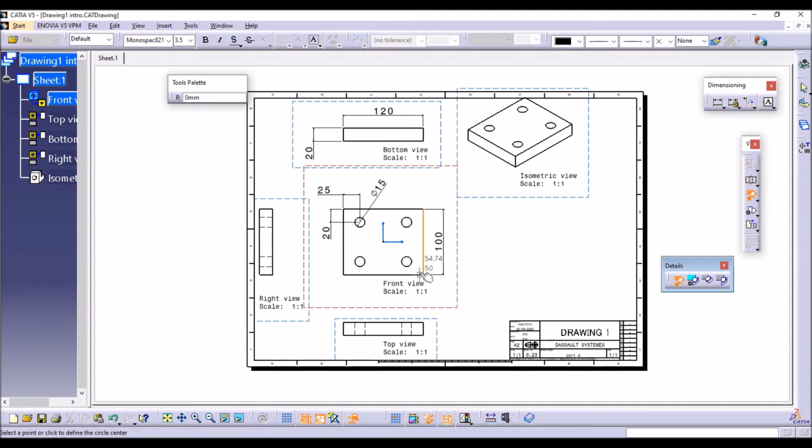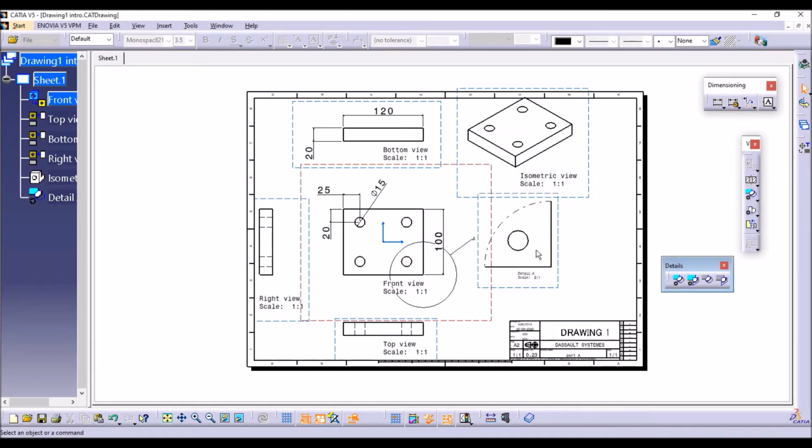Just pick the point and drag the cursor like this. Specify the other point, that is the circumference or radius of the circle. Pick the point and place it in the worksheet. So this area is the detail view.